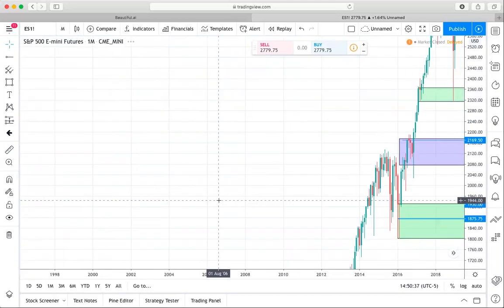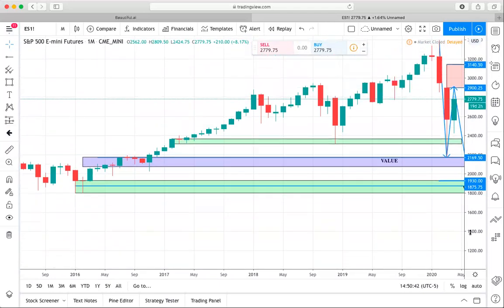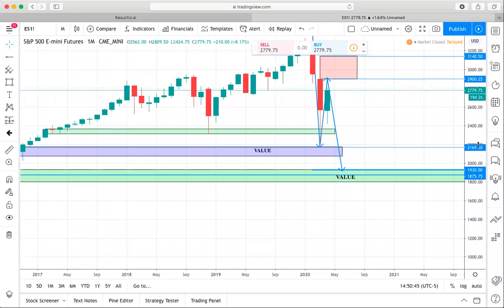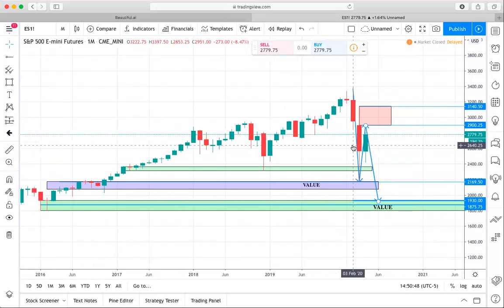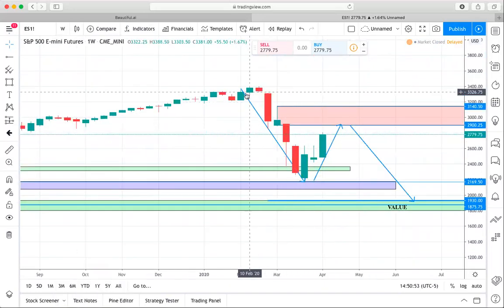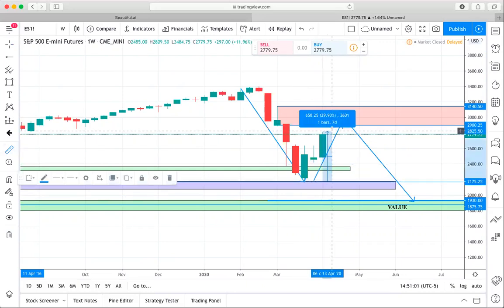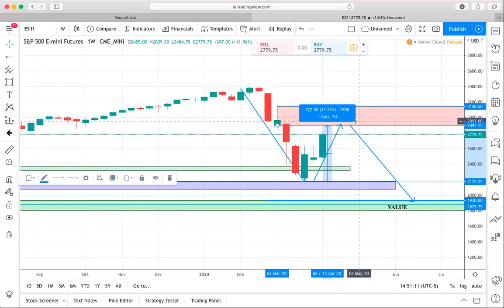So what we're looking for is a move from weekly supply here. We got a major drop to monthly demand, a major rally all the way from down here to up here, which is a 32% rally if we get there all the way. We've already had over a 20% rally. So once we hit this range, I expect weekly supply to hold, and I think we'll move lower ultimately. And that gives us a price down to